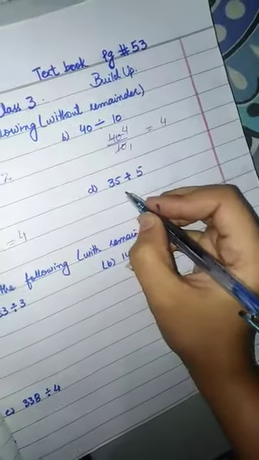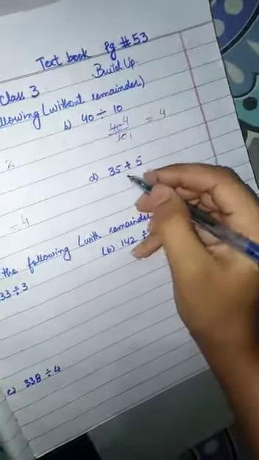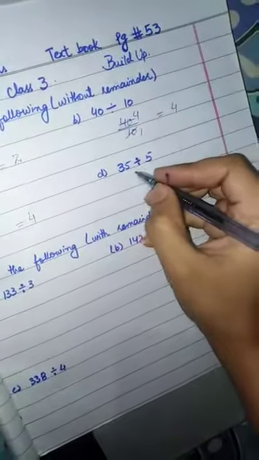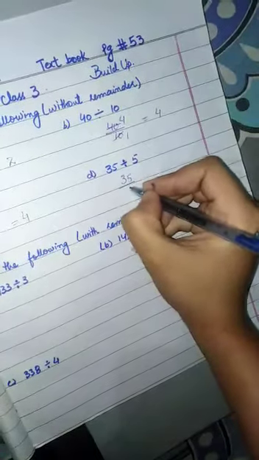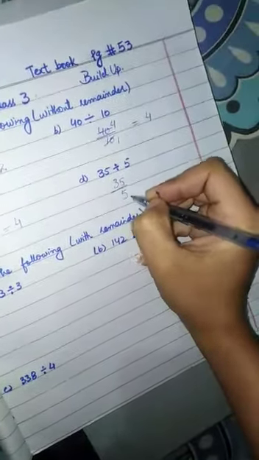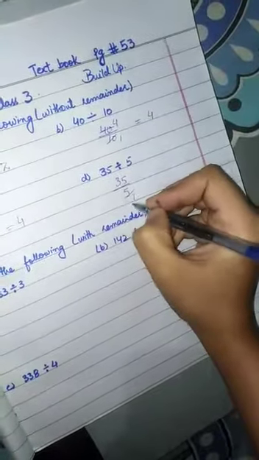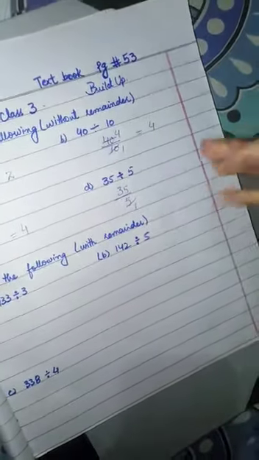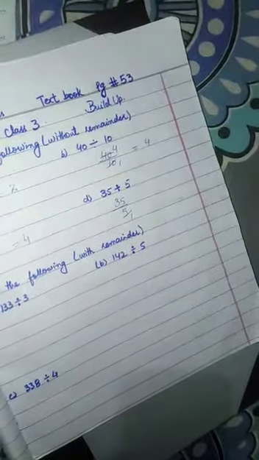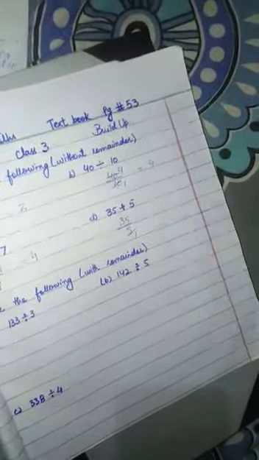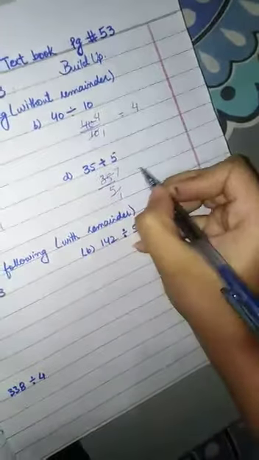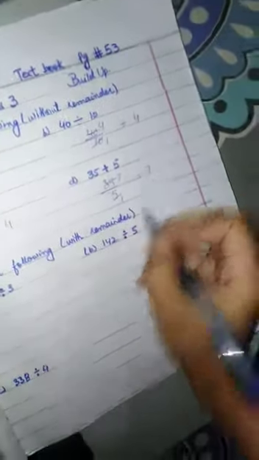So now we come to part D. In part D, what are we going to do? We have to divide 35 by 5. For this type of division, we write 35 over here and then 5. Then 5 times 1 equals 5. 5 times 2 equals 10. We have to count the table of 5. Then 5 times 3 equals 15. 5 times 4 equals 20. 5 times 5 equals 25. 5 times 6 equals 30. Then 5 times 7 equals 35. We have to cut this 35 and write 7. So it is completely divided by 5. Then we have to write 7.